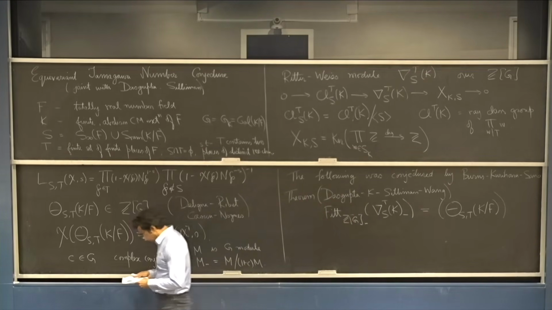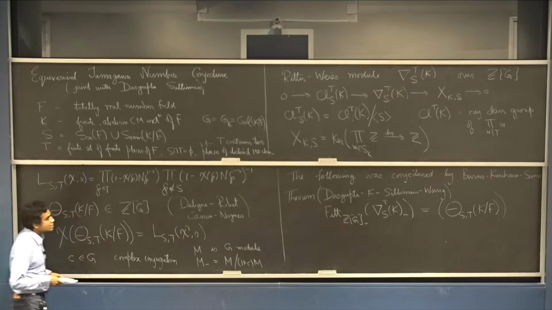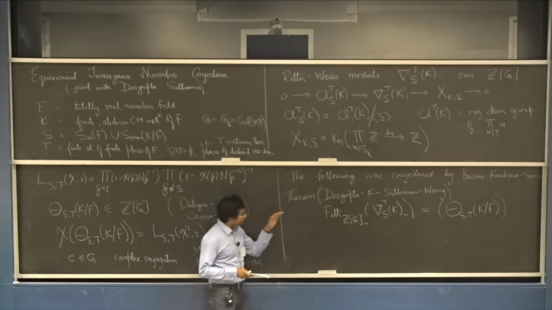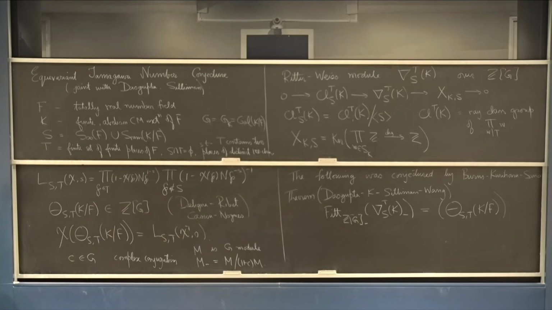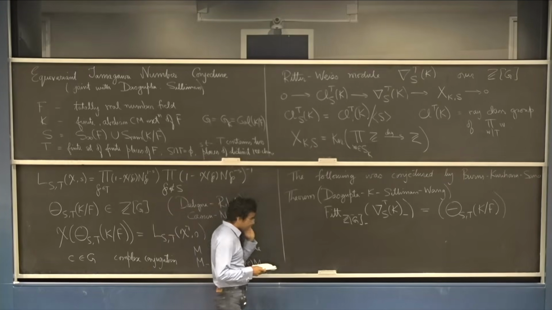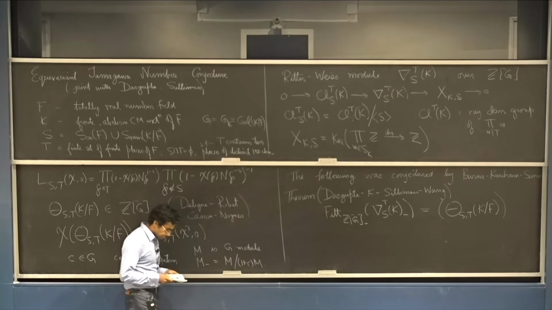Okay, but as I said, I'm not going to talk about the proof of this theorem, which would probably have been more appropriate for this conference, but I'll talk about how to deduce the specific case of the equivariant Tamagawa number conjecture from this. Okay,